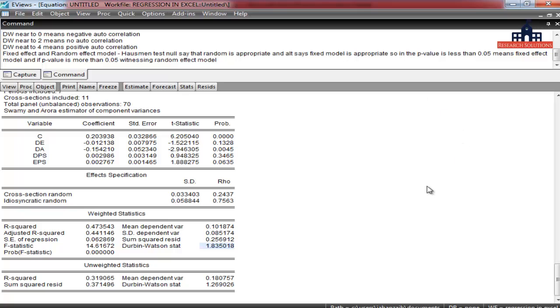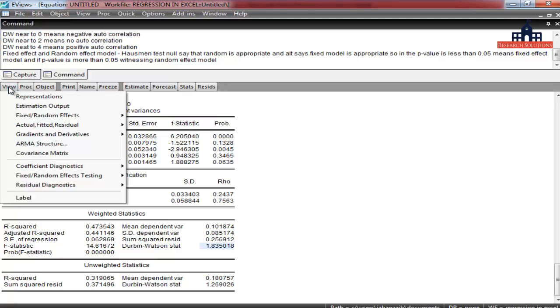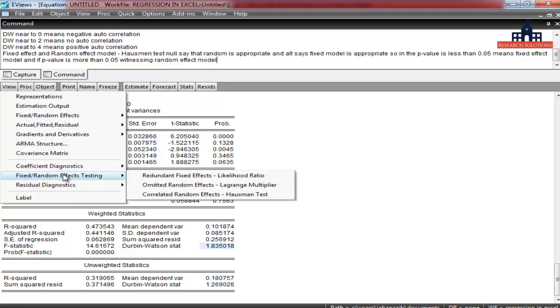Now how are we going to test the fixed effect and the random effect? We are going to test by going to View. We are going to select the fixed and random effect model. We are going to use the correlated random effects model as the Hausman test. We check here, OK.